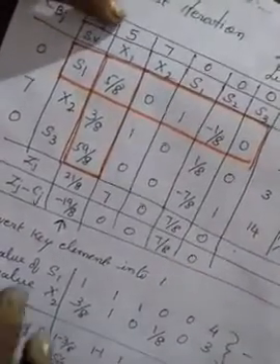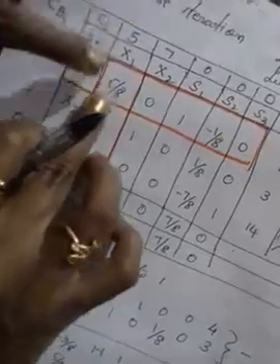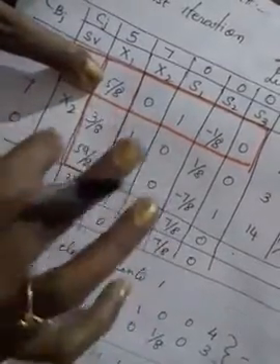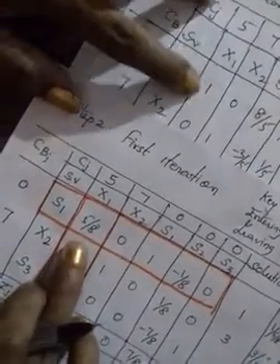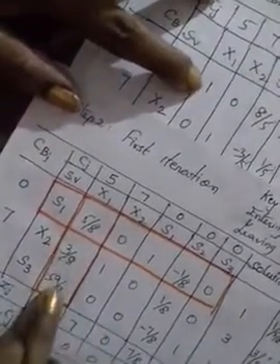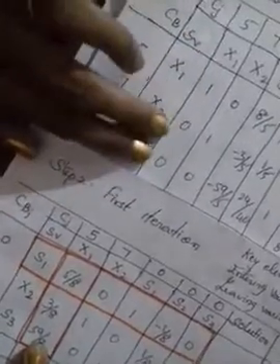Now find out the key element, 5 by 8. This key element you have to convert into 1. Okay, so this is your third table, second iteration. Here we converted the key element 5 by 8 into 1. See, in the previous table 5 by 8, we converted into 1. The other 2 elements we converted into 0. The 2 values we converted into 0 by this step.